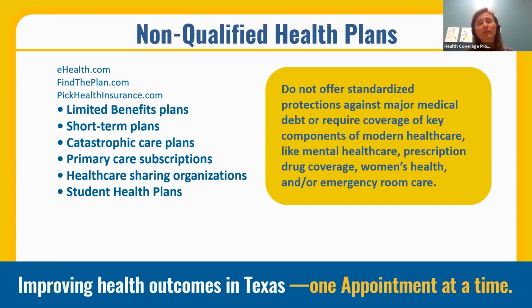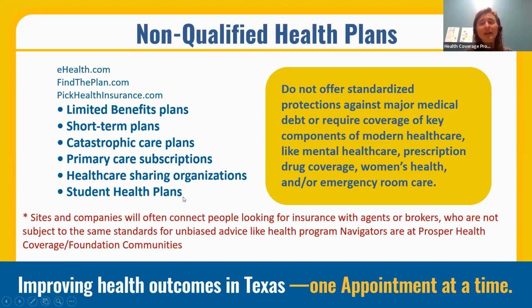But it's just really important for folks to know that oftentimes these plans will not cover all the things that people need. And so it's important to make sure you know who your local health program navigators are, so that you're not just talking with agents and brokers. Some agents and brokers are awesome, but agents and brokers get paid by the health insurance companies into which they enroll people. So there's an incentive relationship there for agents and brokers to enroll people into the non-qualified plans, or sometimes into the qualified plans that they have relationships with, but they won't tell people about all the other qualified plans that are out there.